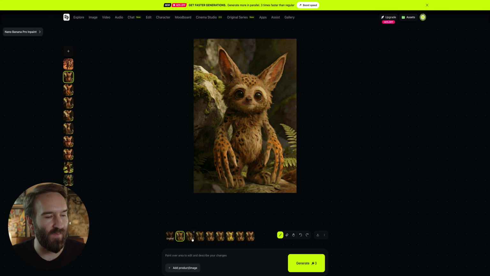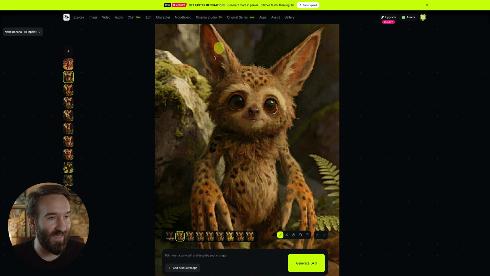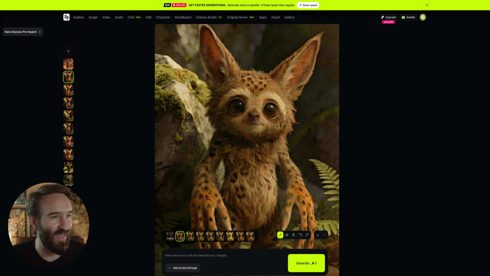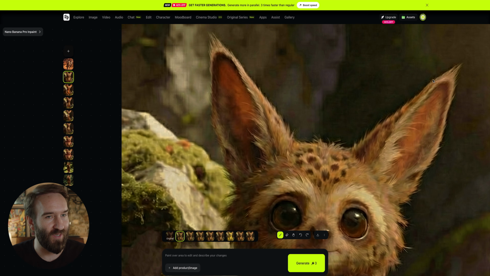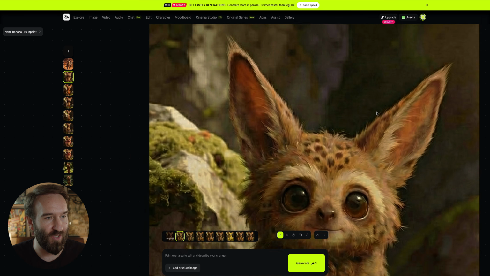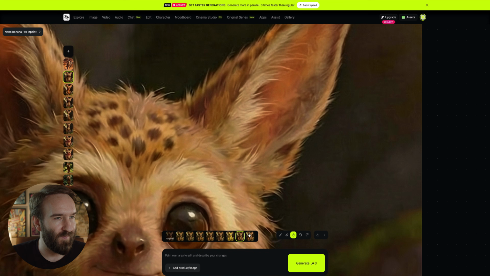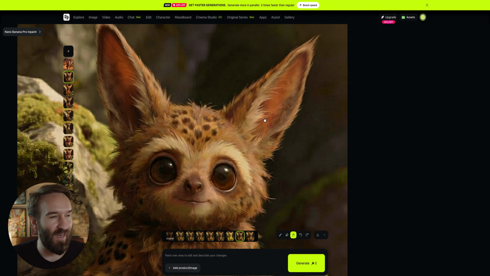I've been going through all of these iterations you can see down here, but I've been just selecting certain areas of the image, and you can see the more that I keep generating this image, the more the image starts degrading like a super compressed JPEG. If I keep going, it's just gonna look like a blob by the end. We're losing a lot of quality detail on the ears, like the fur that was on the ears. That's now just getting lost.